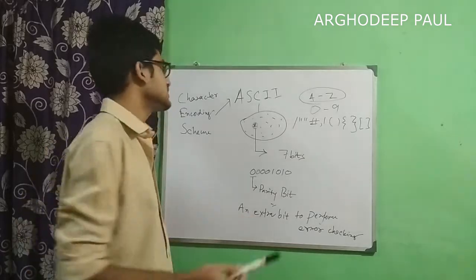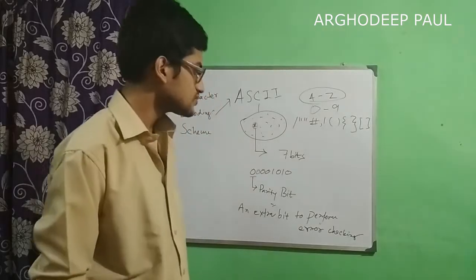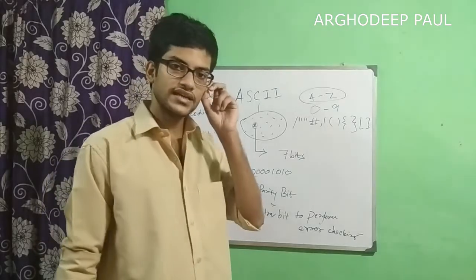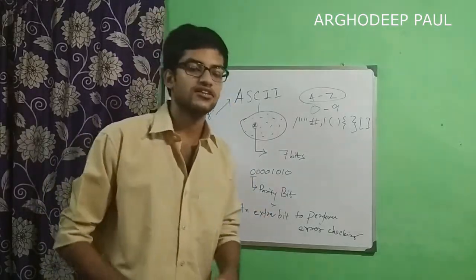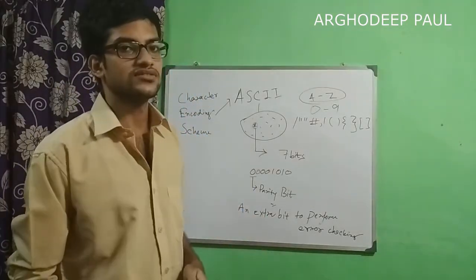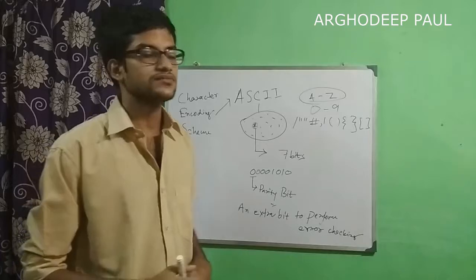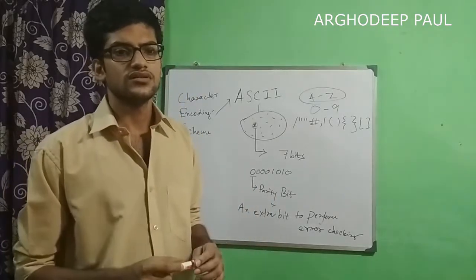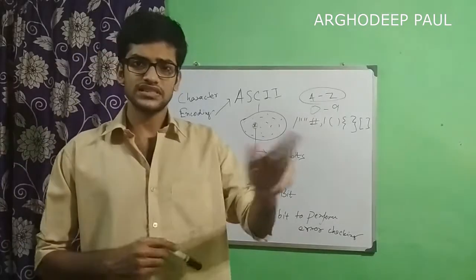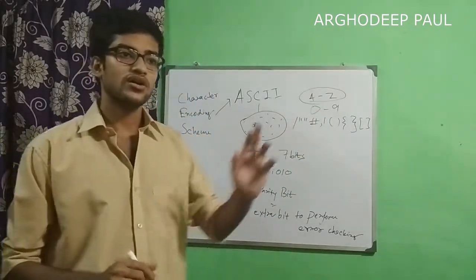So what is this actually? It is a character encoding scheme. Character encoding schemes mean we have an alphabet for any language. This could be any language: English, German, Chinese, Russian, any language. For every language, we will have an alphabet. An alphabet contains the characters used, or most specifically the letters used in that specific language, be it any language, but those letters are specific to only that language.